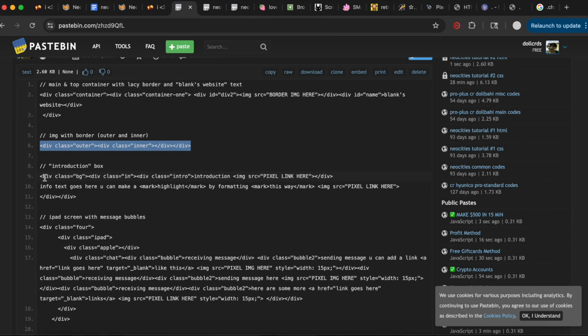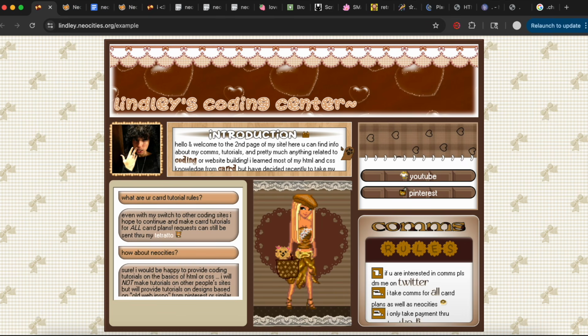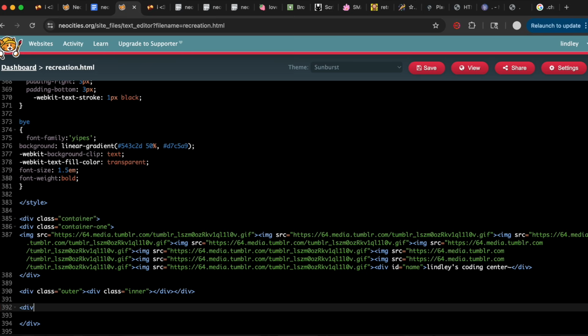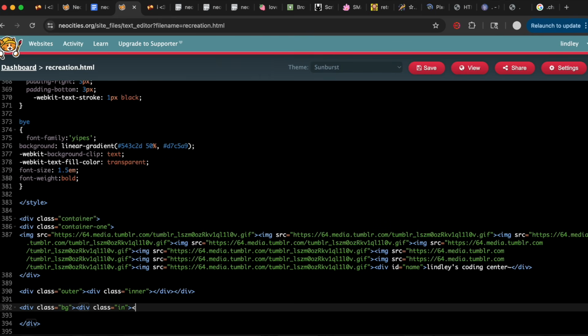Moving on to the introduction box, I will explain. We're going to want the background of the introduction box and then the scroll box itself. So we have div class. Again, you can copy and paste this directly from the pastebin. I just figured doing this kind of helps you understand it a bit more. So background, and then in, and then we want,